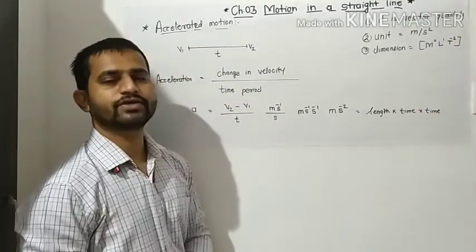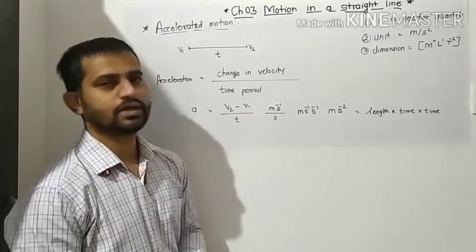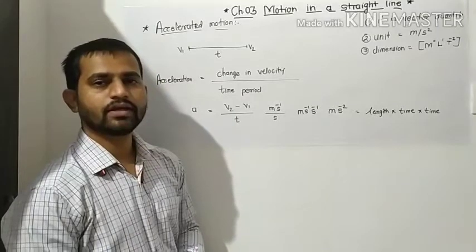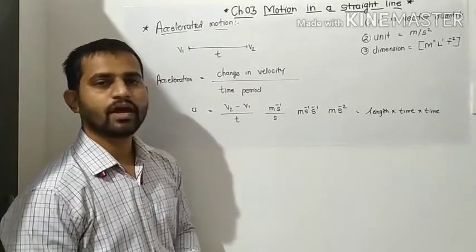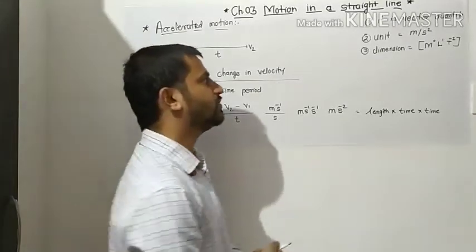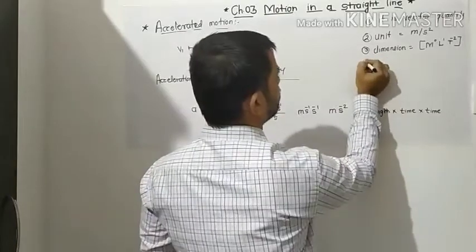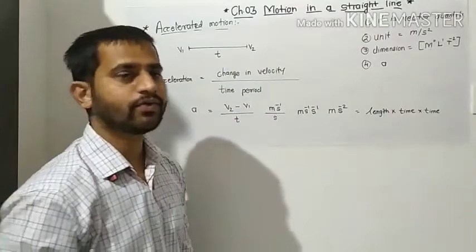M raised to 0, L raised to 1 and T raised to minus 2. Okay, this is the dimension of the acceleration. Now the next thing about the acceleration is how the acceleration is given. The symbol for the acceleration is a, and as the acceleration is a vector quantity, we can give here